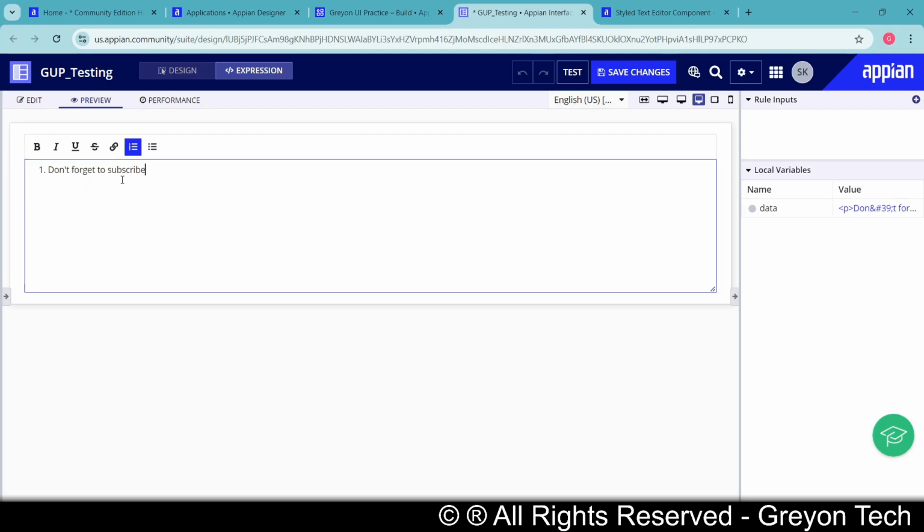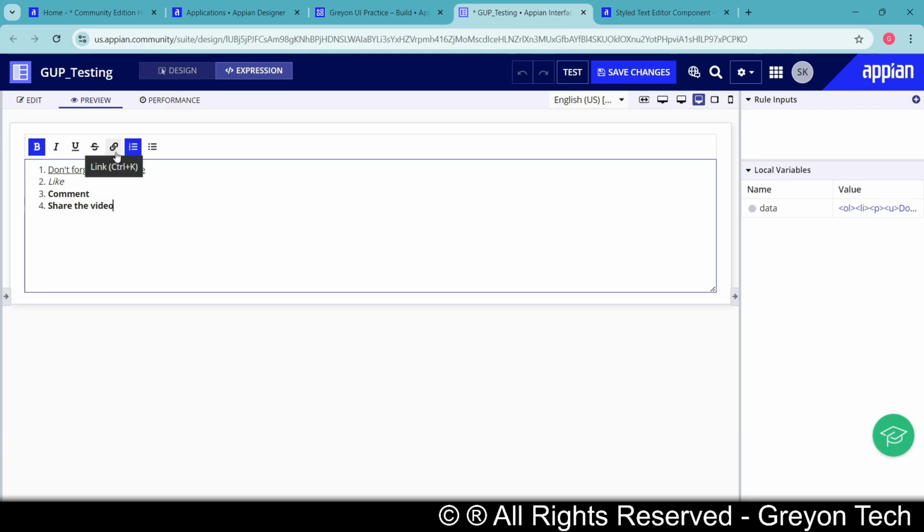Now, as you can see, I can write anything. I can select particular data and apply any functionality. So that's how the strikethrough works.